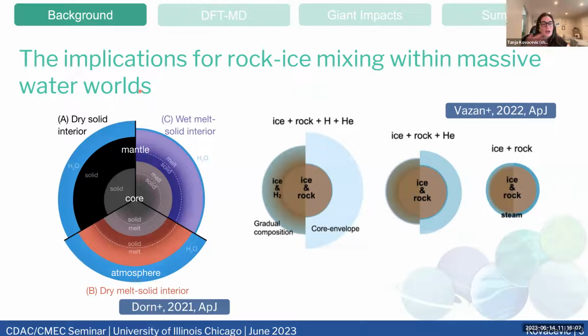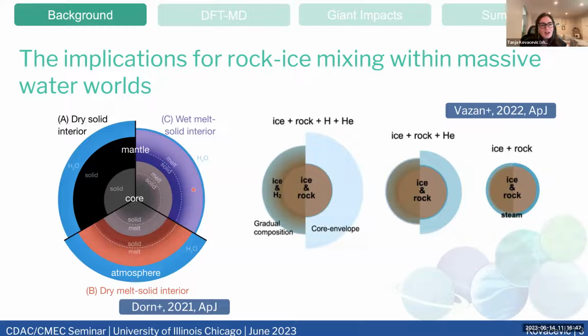Then even before that, I was already well into the project when I saw this paper a little later, even though it came out before, and it kind of opened my eyes. Rock-ice mixing even has implications for magma ocean worlds. So Caroline Dorn and Tim Lichtenberg in 2021 investigated how water sequestration into rock affects a planet's radius, whether there's no mixing, a dry melt-solid interior, or full mixing of the water into the rock. So, okay, cool. They pretty much said that the water can hide inside these rocky materials. It'll change their thermal evolution, which is important for us.